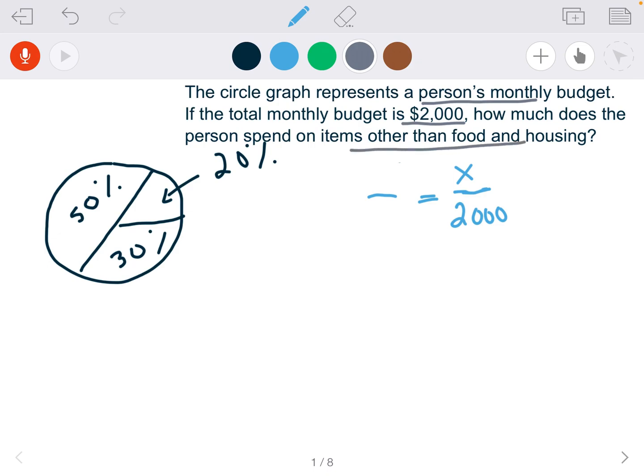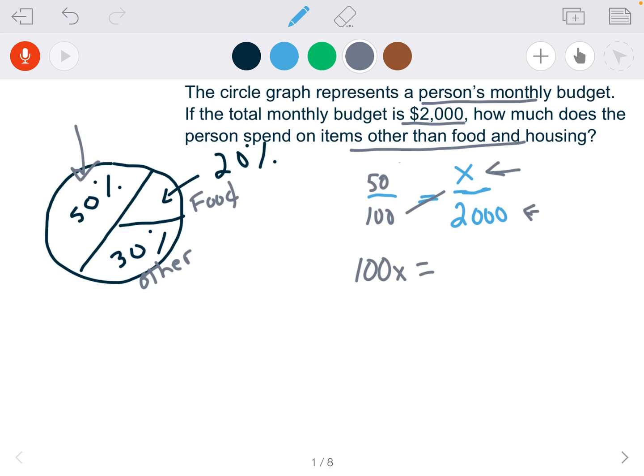So the total budget is $2,000, so that's going to be my denominator down here. And I want to know how much they're going to spend. This is food, obviously. This is other. We're going to use the 50%. So you're going to use your 50 over 100, like we were doing proportions last semester, and then you cross multiply. So 100x, and then 50 times 2,000,